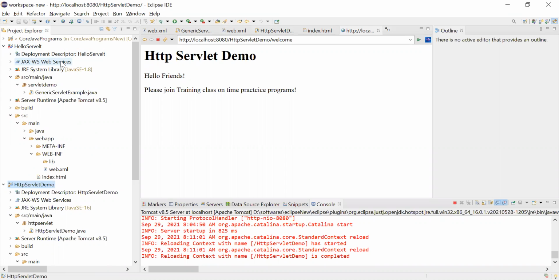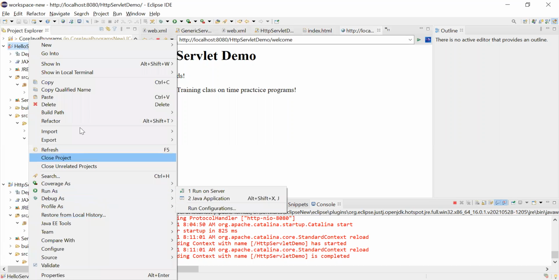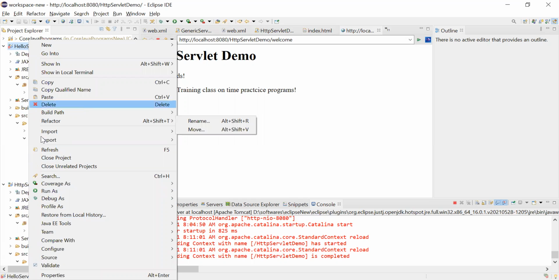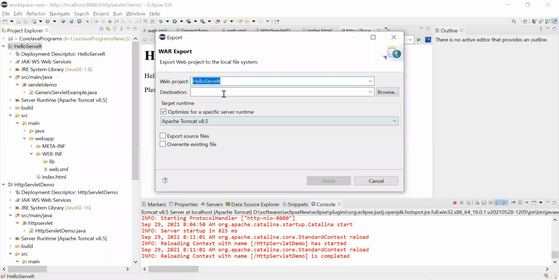Then once you create that, if you follow this example, you can export a WAR file. You can export the WAR file. So it's a hello servlet. I will explain this tomorrow. Don't get confused, don't mess up with more stuff today.